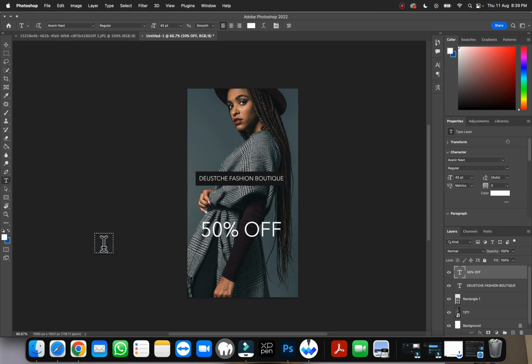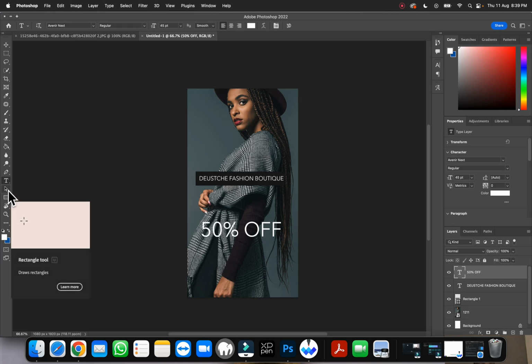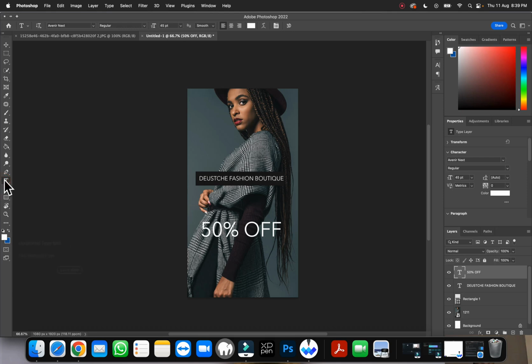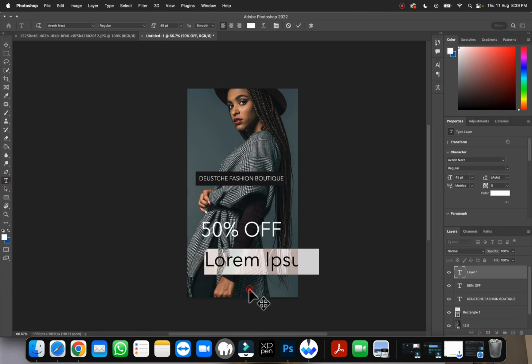So I want to add another text. The shortcut for text is simply T. If you press your T key on the keyboard, it's simply going to select the text tool, and I'll use the text tool again to enter another text. I'll put up to